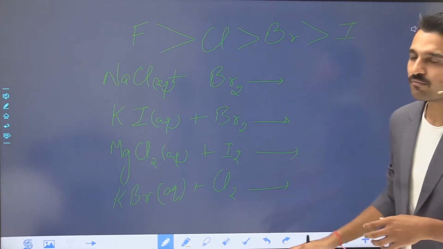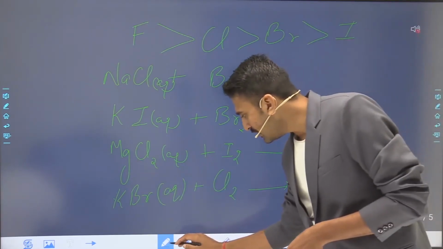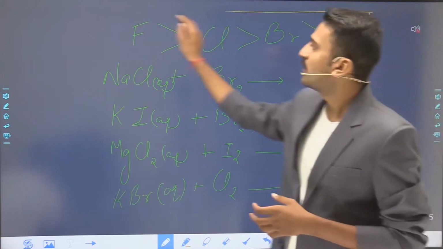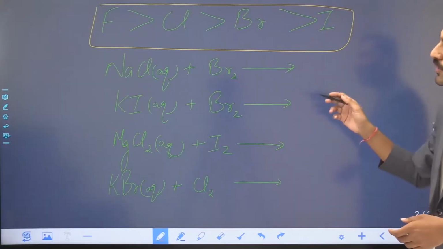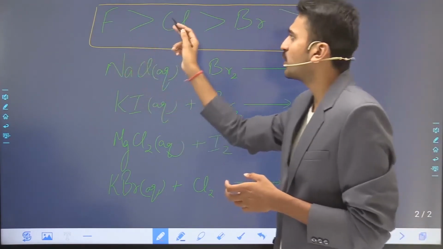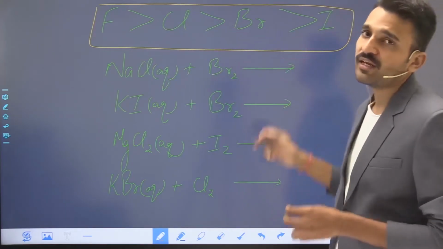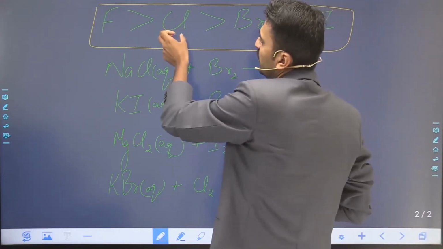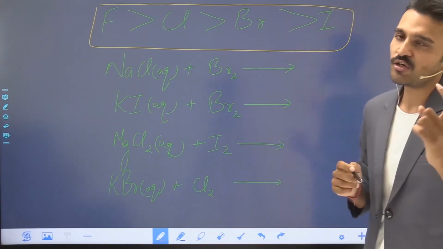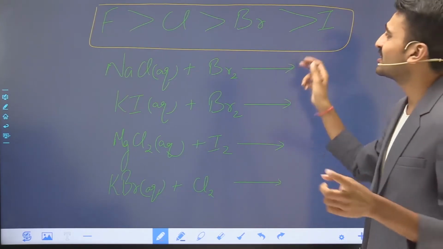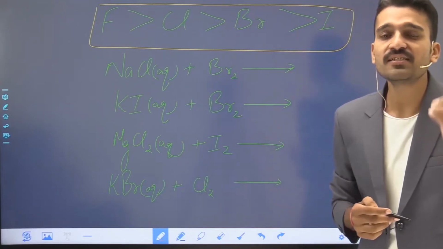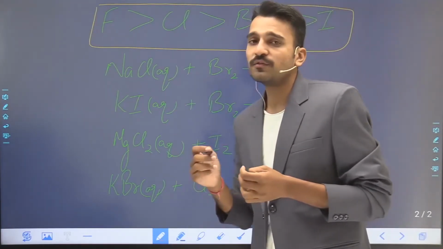These are some of the examples, and this is the reactivity series. You can very easily answer each one of them. Just remember this sequence: fluorine is more reactive than chlorine, which is more reactive than bromine, which is more reactive than iodine. It means that chlorine will displace bromine from its salt solution and bromine will displace iodine from its salt solution, but iodine is not able to displace bromine, chlorine or fluorine from their salt solutions because its reactivity is less. Let us find out some examples.